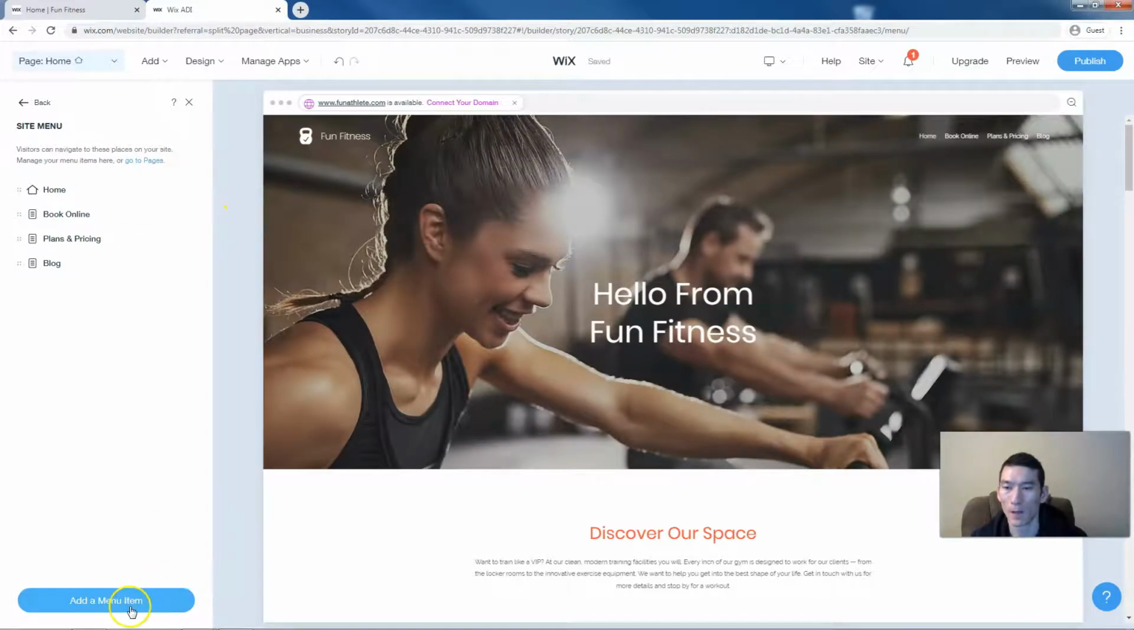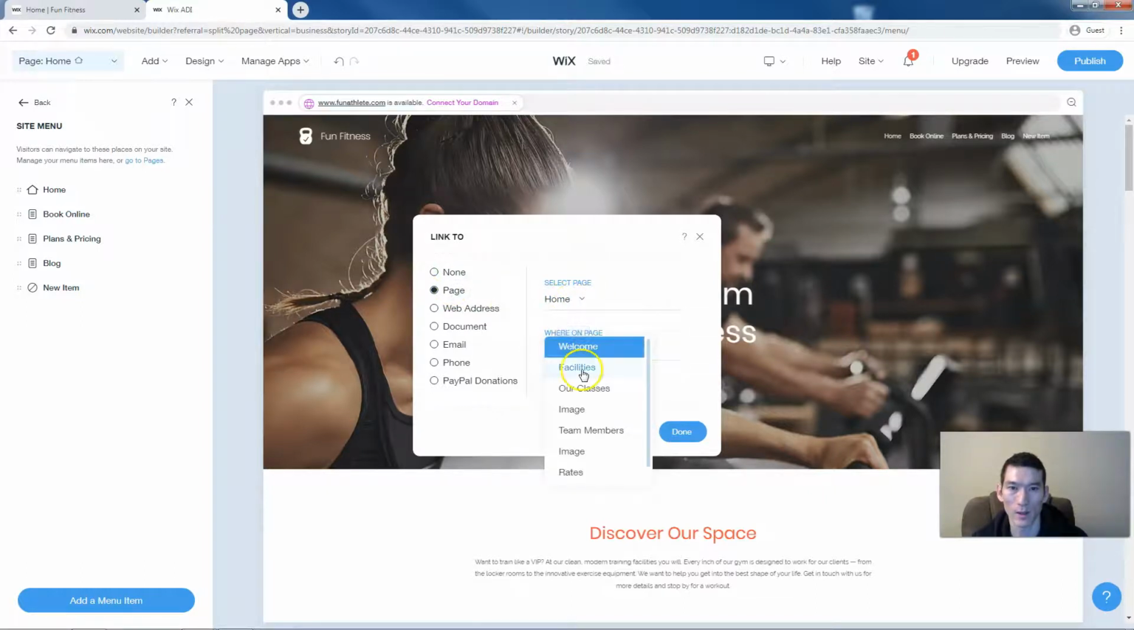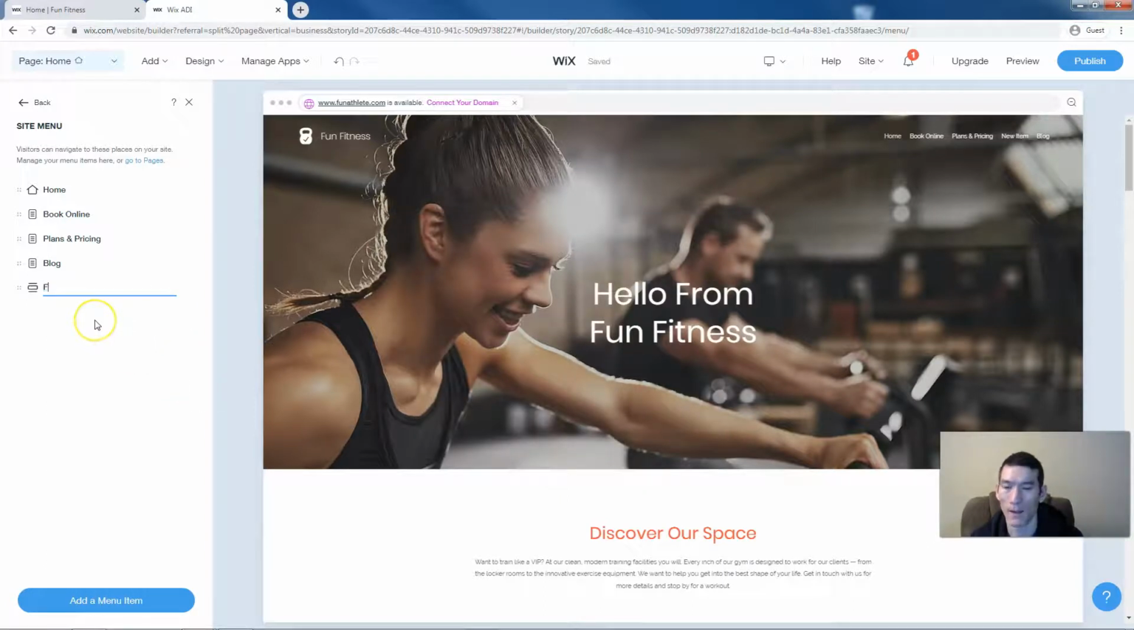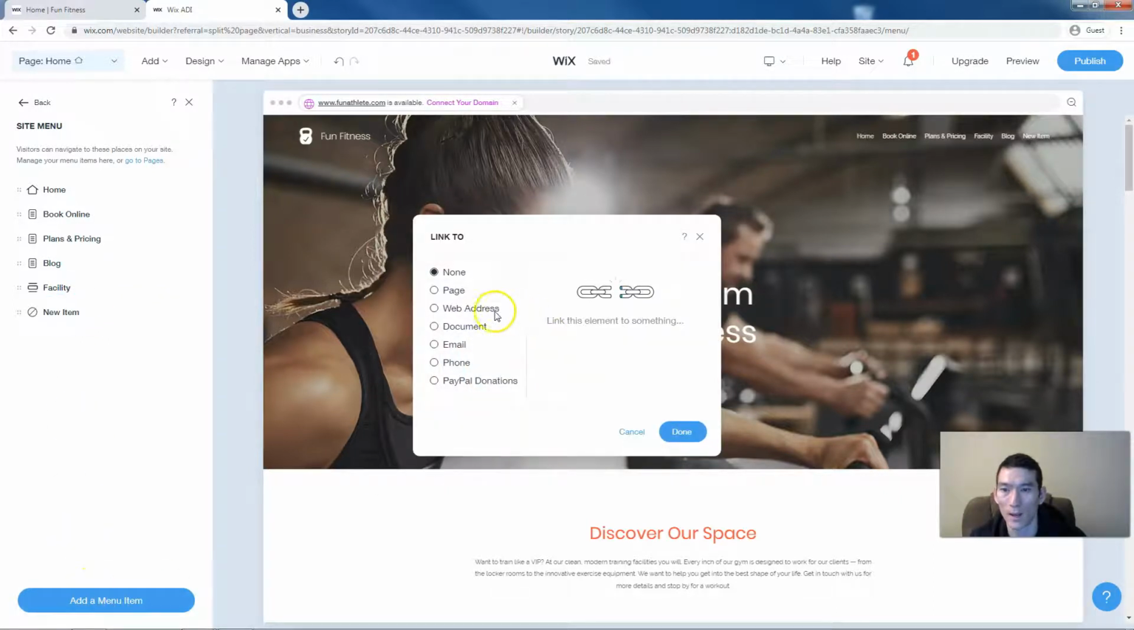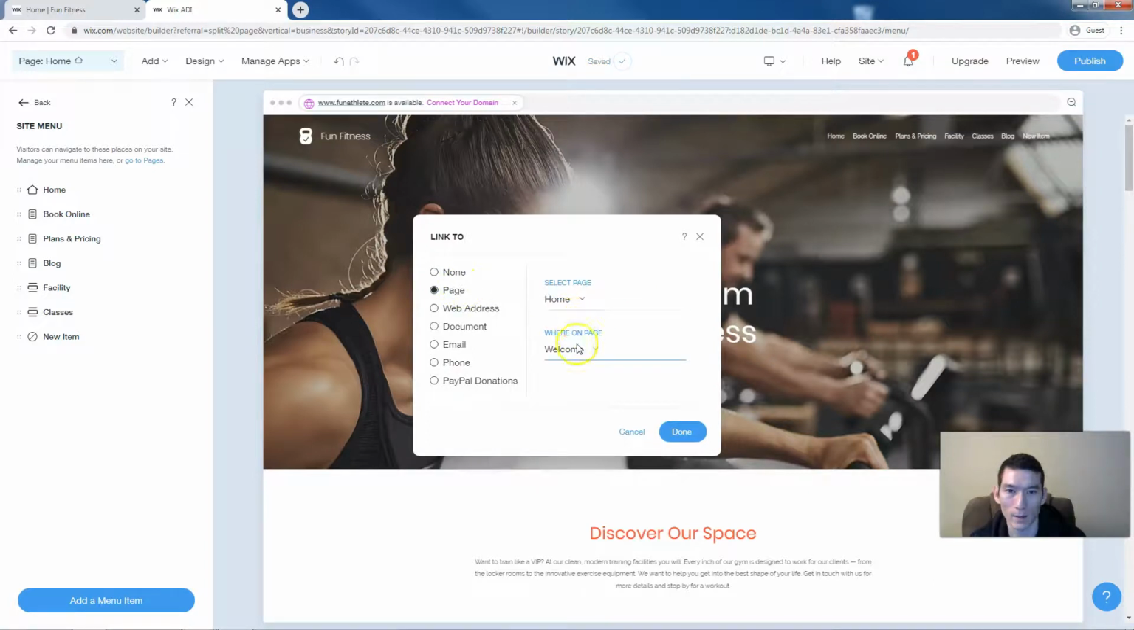And then here you click add a menu item and then select page, leave home page, and then here you would select facilities and then done. And then you add the name of that menu item, and then click again, add new menu item, page, then select our classes, done, and then classes. Then add a menu item, page,